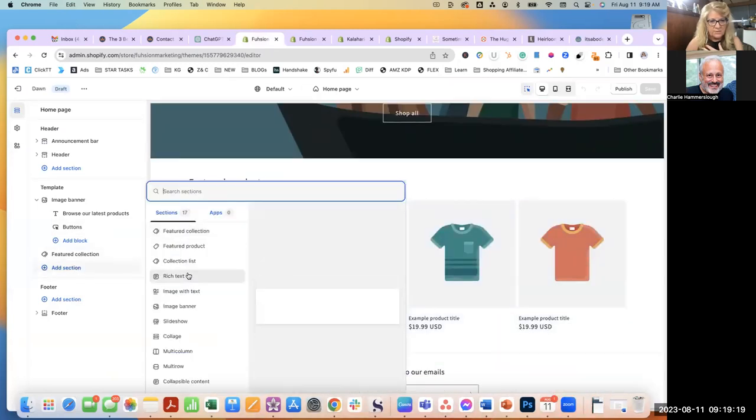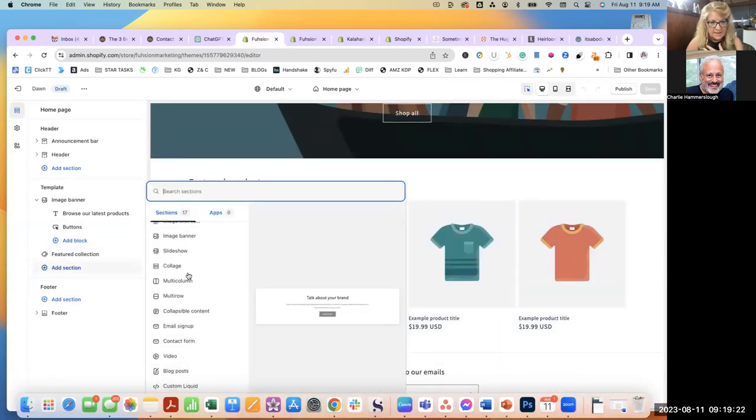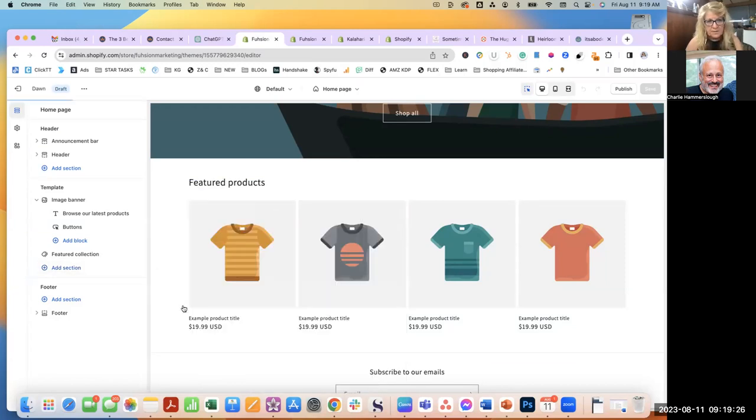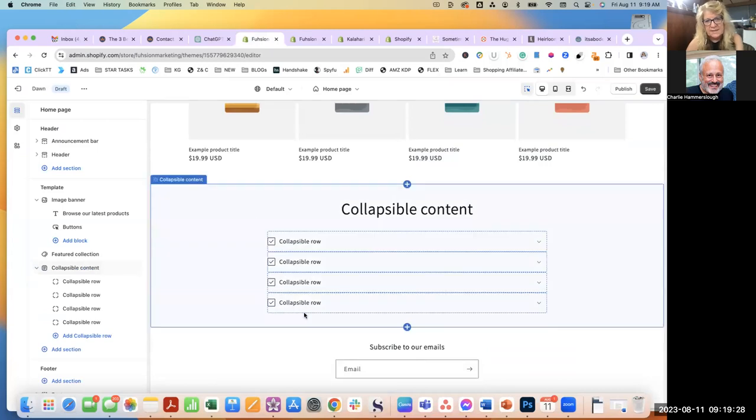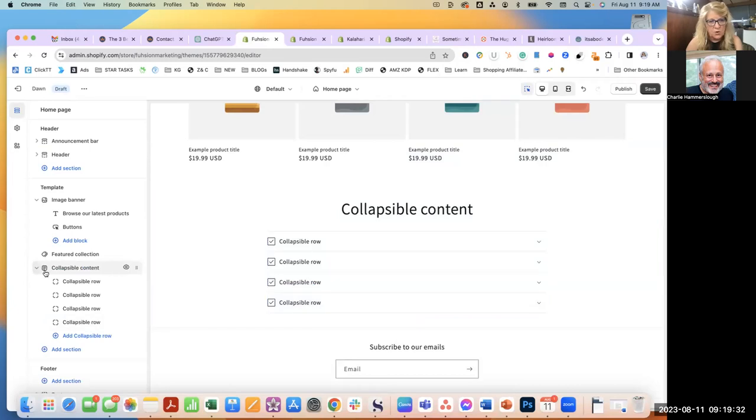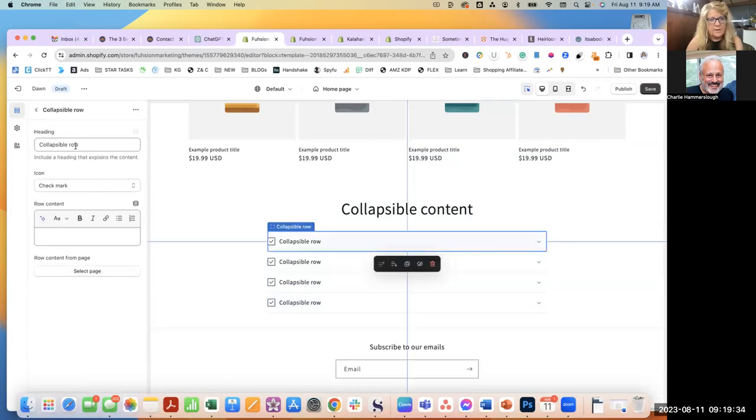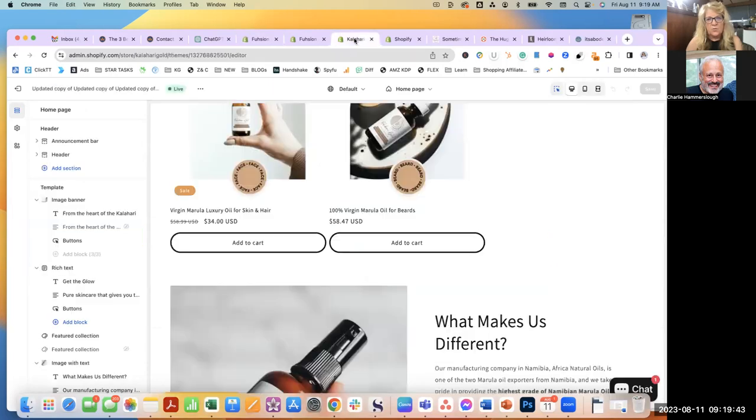So add a section. The first thing I always do is add the collapsible section. As I said yesterday, this you can use as your FAQ because it opens up to a heading, and you can add, oh, there's a check mark in there, an icon, and your information. So what we've done with